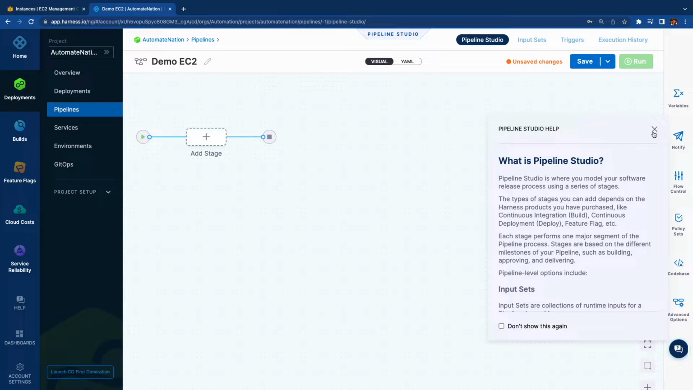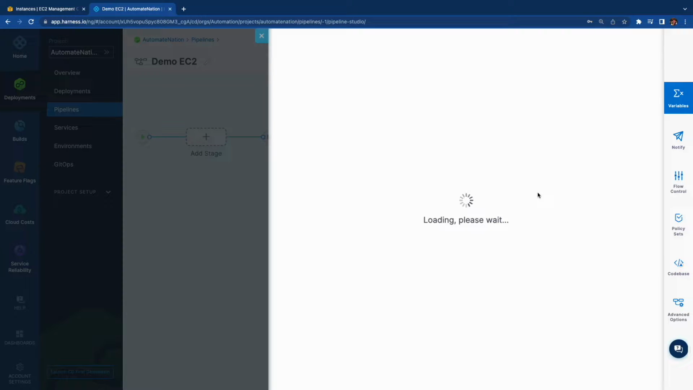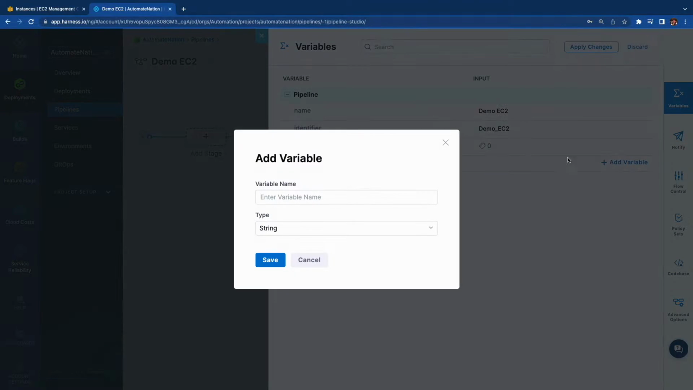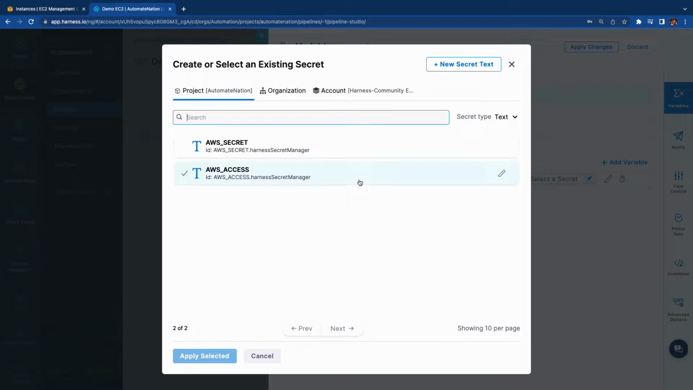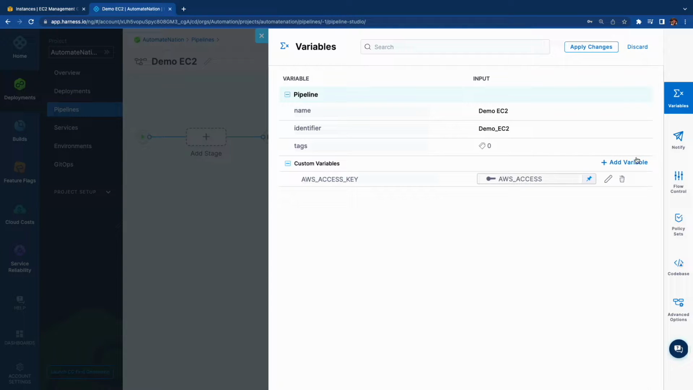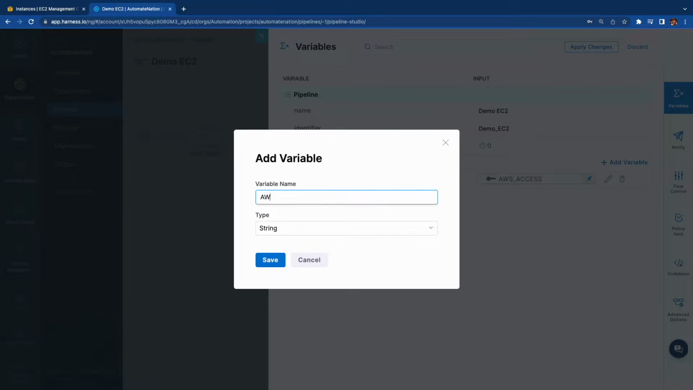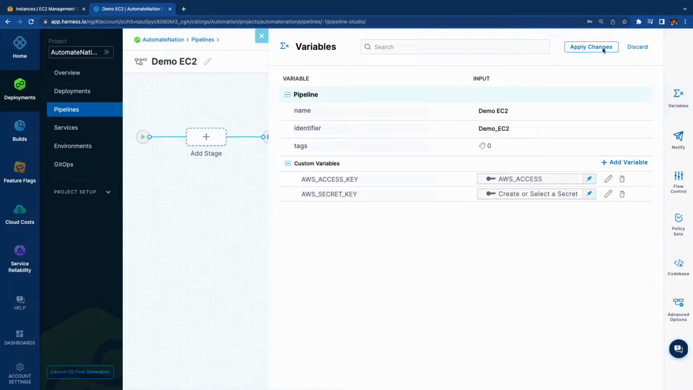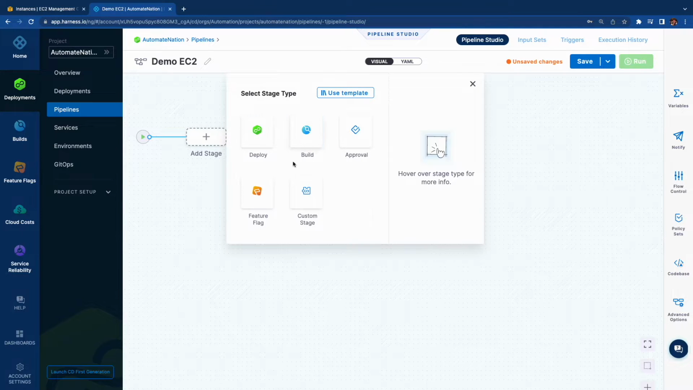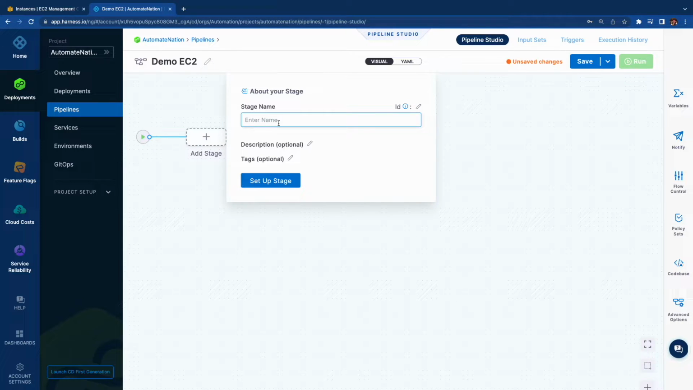Now before creating a stage, create two variables. Click on variables, add variable, AWS access key, select the secret. So I already created a secret. Let's select that, AWS access. Create one more variable, AWS secret key, type secret, save, apply changes. Click on add stage, choose custom stage, give it a name, provision